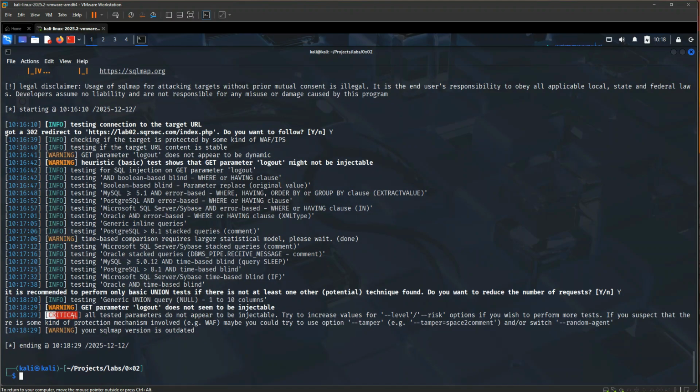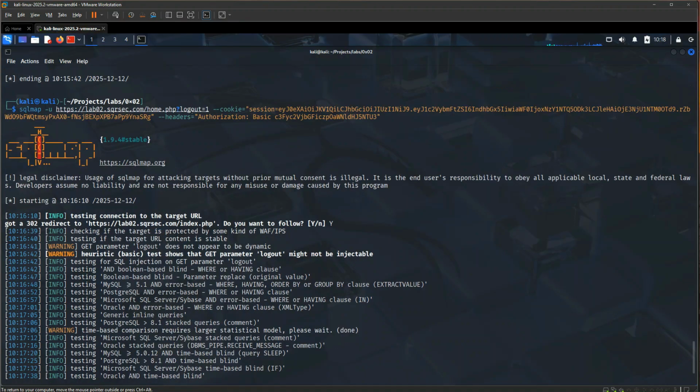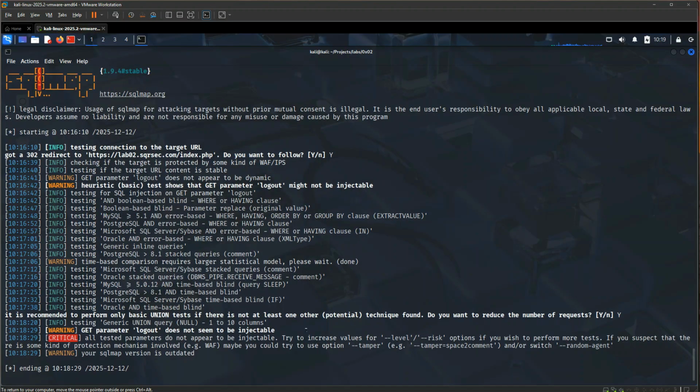And it finished. Since then we got a critical error, not sure why it is critical, but it appears that all tested parameters, which in our case was, let's scroll up to see, the logout, was not injectable. One of the things it suggested is to increase the level of attack and the risk, or we can use different tampering methods. What I'm going to do for the moment is save this output and continue with different attacks,